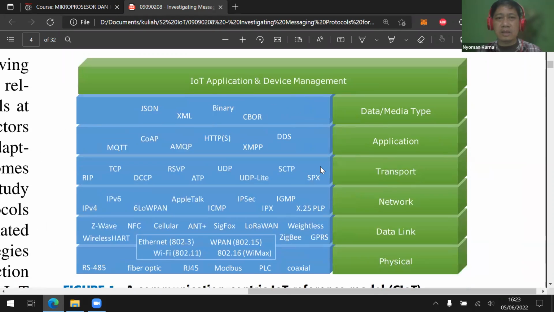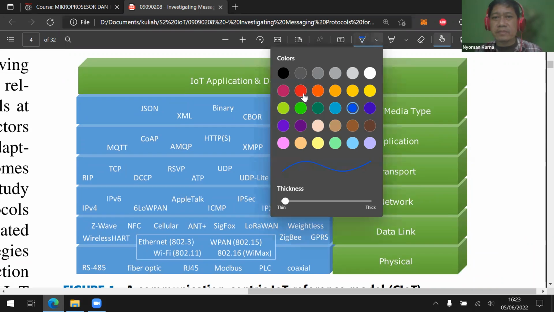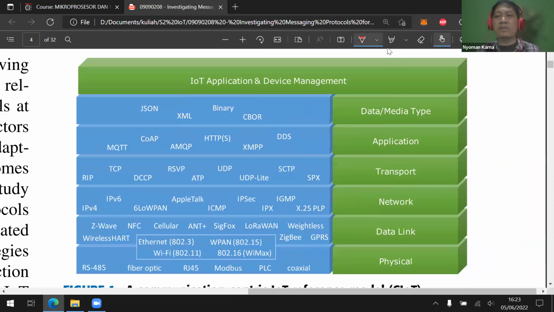Based on this IoT reference model, how many layers do we have? We have 1, 2, 3, 4, 5, 6, 7. 7 layers, just like the OSI layers.